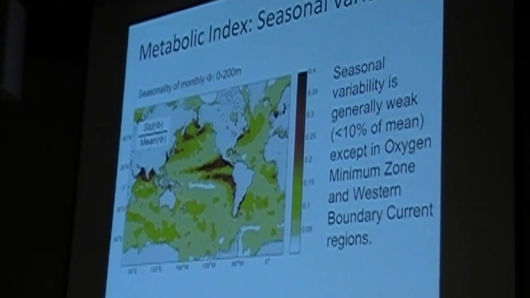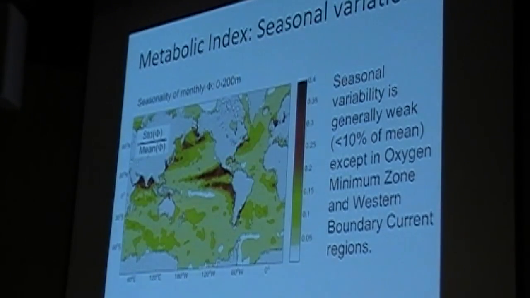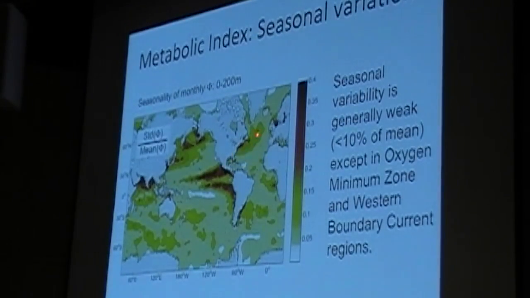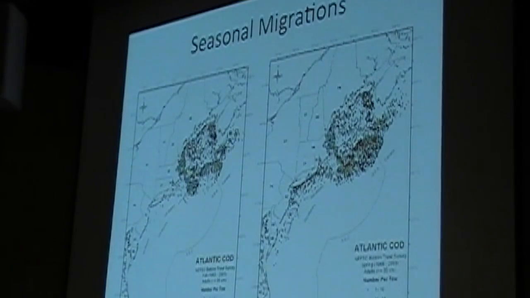There are some interesting exceptions. The oxygen minimum zones stand out as an exception, because when you're at low oxygen, a small change in the concentration has a big effect. Places with very strong heat exchange with the atmosphere, so large-amplitude sea surface temperature variability, also stand out in the seasonal variance of the metabolic index. You'll notice, for example, the Western Atlantic, which is where the cod live. So we looked at whether cod populations might be following the metabolic index over a seasonal cycle. Here's some time-aggregated data from